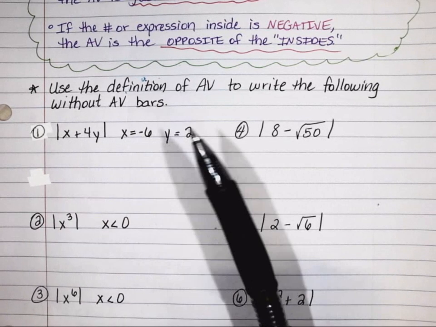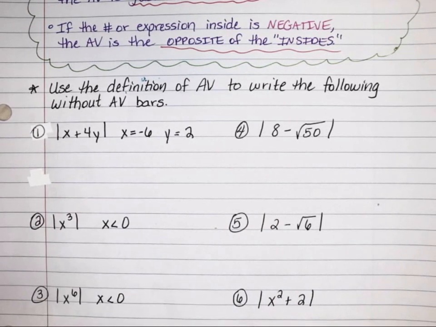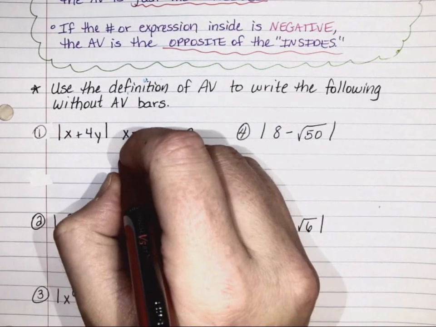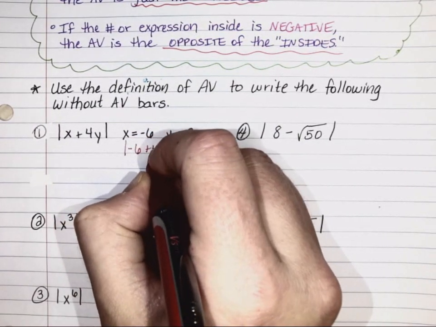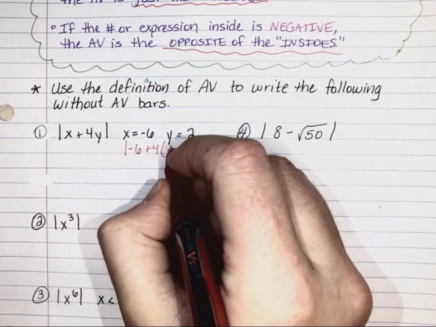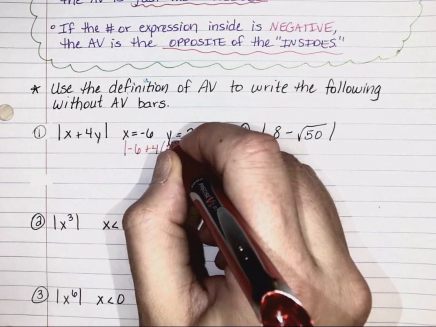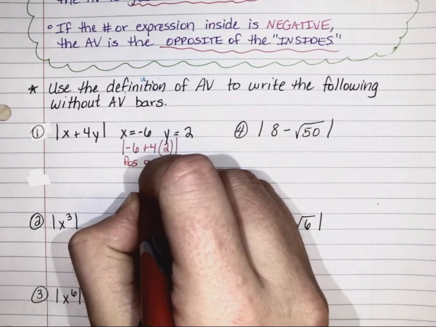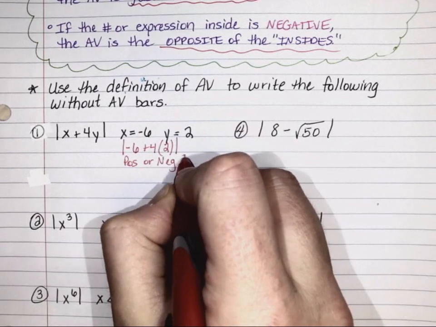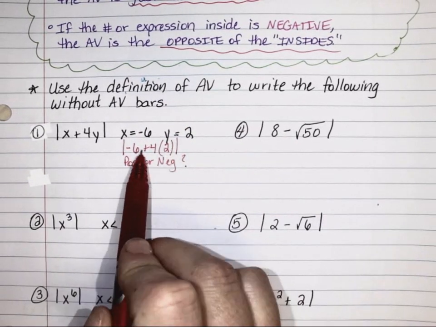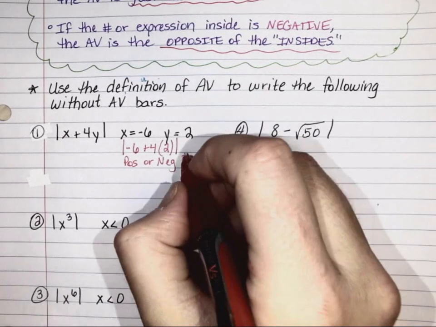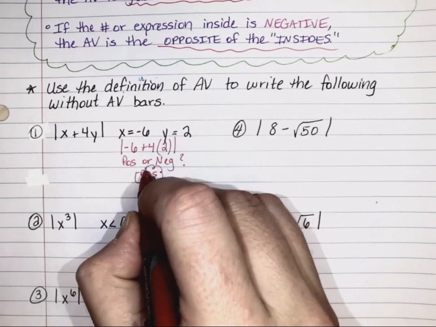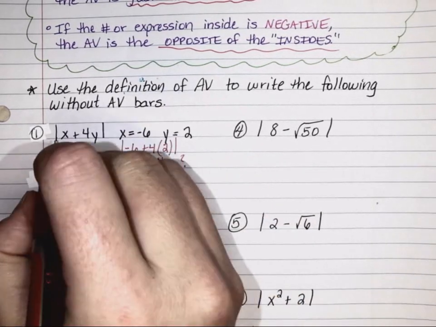And how you determine that is based on what they give you. So you're given that x is negative 6. So let's just think, if I take negative 6 and plug in for x, and take 2 and plug in for y, do we get a negative inside or do we get a positive? So do you get a positive or do you get a negative? And negative 6 plus 8, that's going to give us a positive. So we get a positive inside. Since we get a positive,